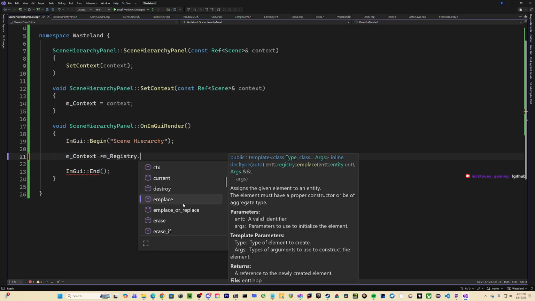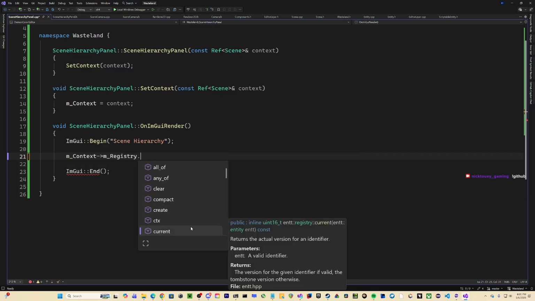Since given element to an entity must have a proper constructor or be of... no. I can do probably a bunch of currents, but that's gonna be a lot.